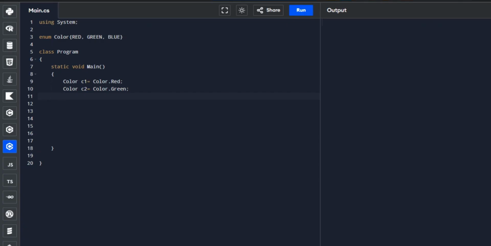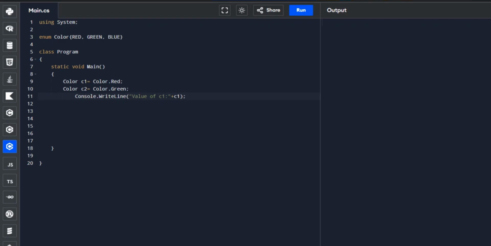So we're going to say Console. You can concatenate it with the value of the variable C1.